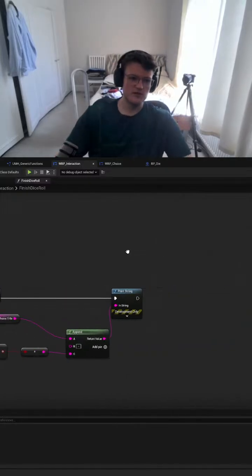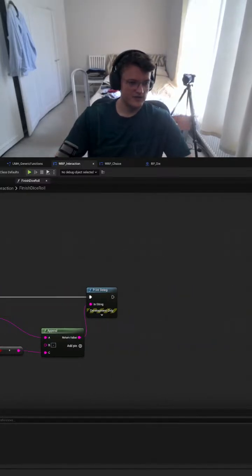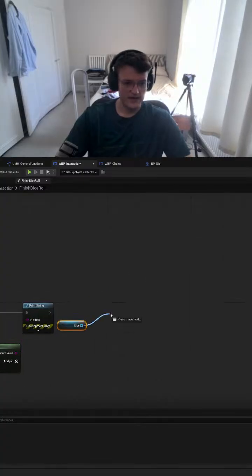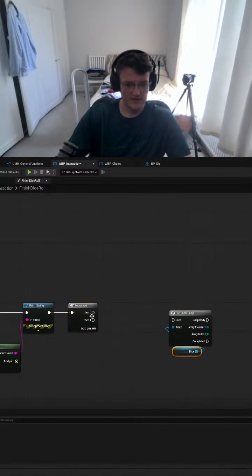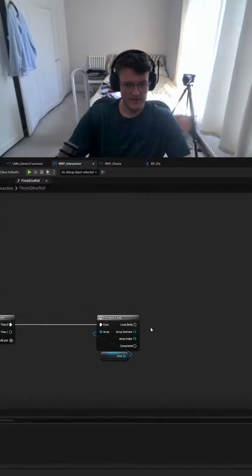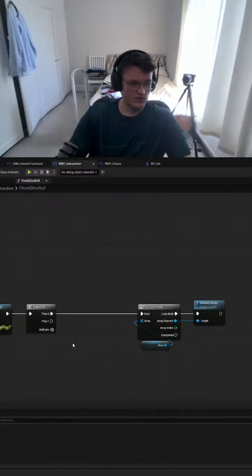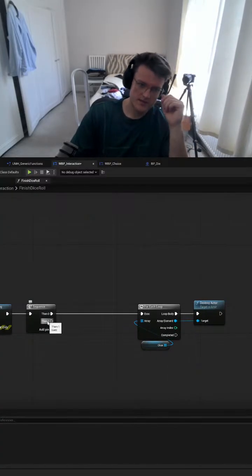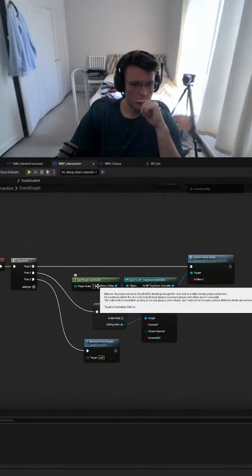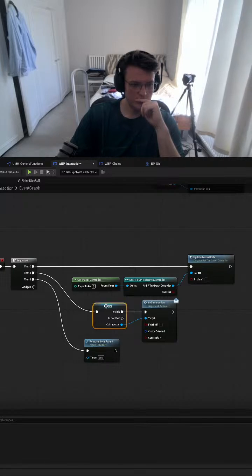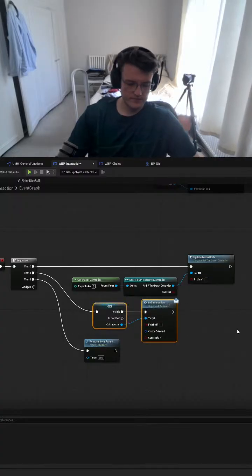We should print out what the result was, and it should take all the dice, and for each loop, destroy actor, and it should also get calling actor, it should